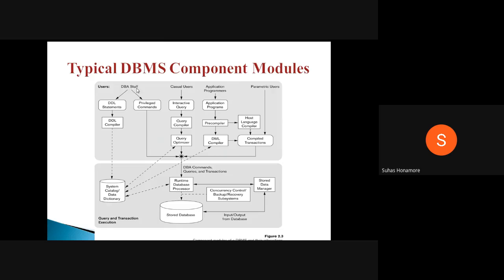First one is the administrator. The administrator can directly create a table or delete a table, so those are DDL statements. Whatever DDL commands he wants to write, he will write. For the commands written, there is a compiler, which we call the DDL compiler, and it will compile them. It creates binary-code kind of output and directly communicates with the catalog only. Because he is the admin, he can directly contact the catalog, so from the DDL compiler it communicates directly.